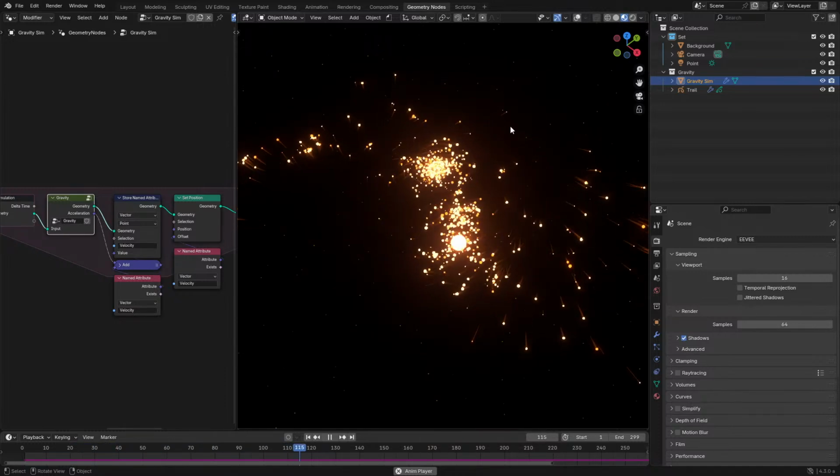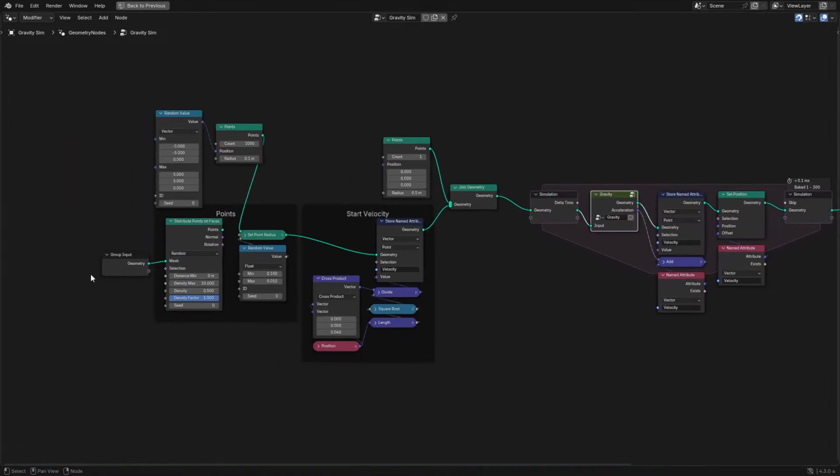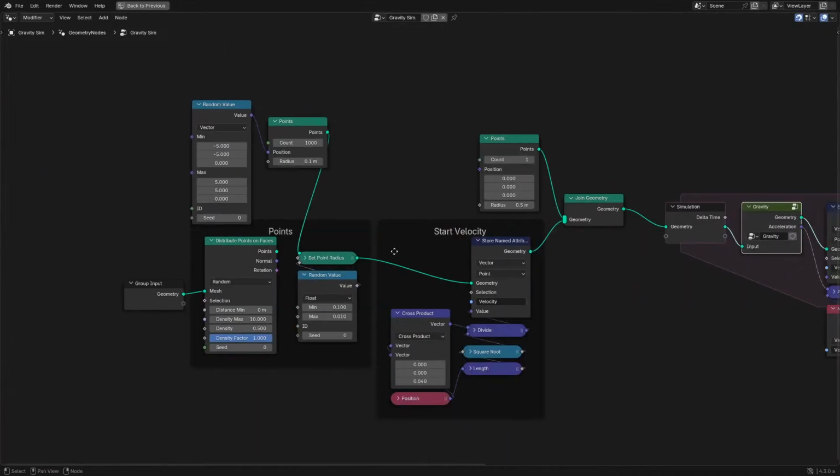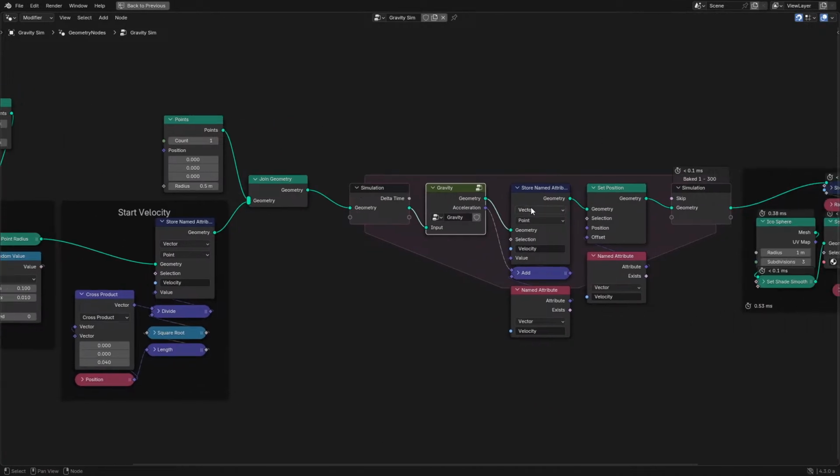So how does this work? Well, first of all, we have... Oh wait, is the stream working? Should be, yep. Okay, so we have a bunch of points, and then they have the standard setup for a